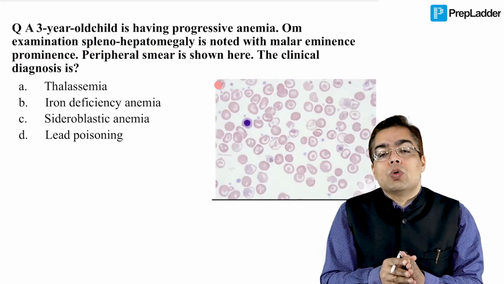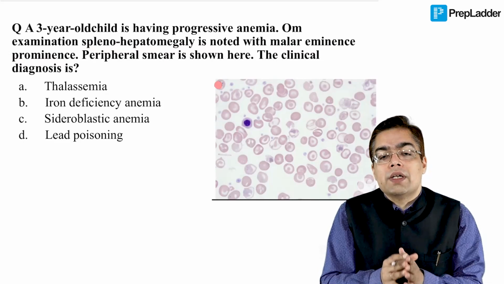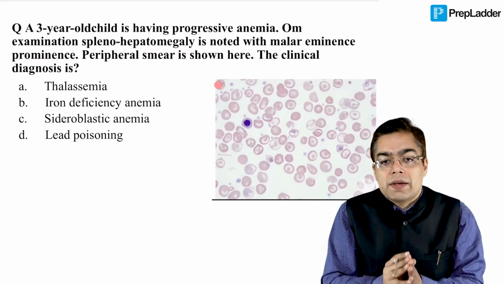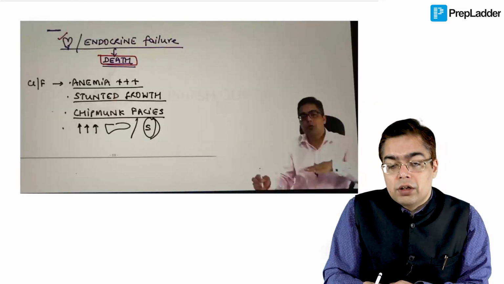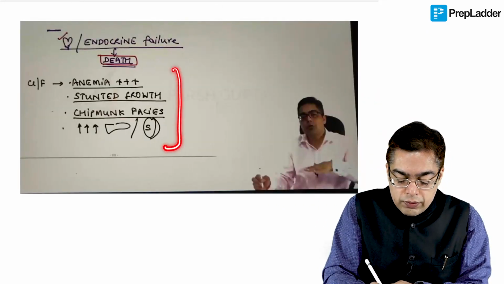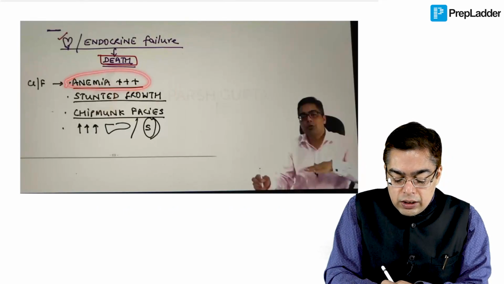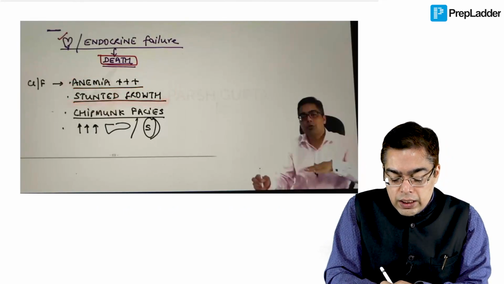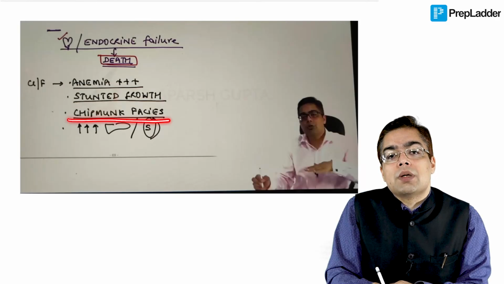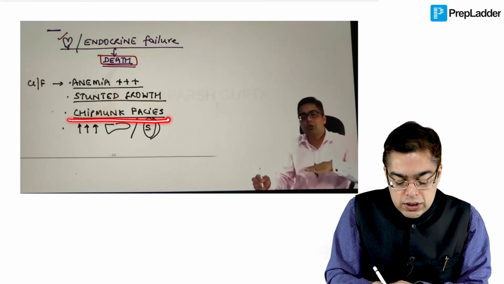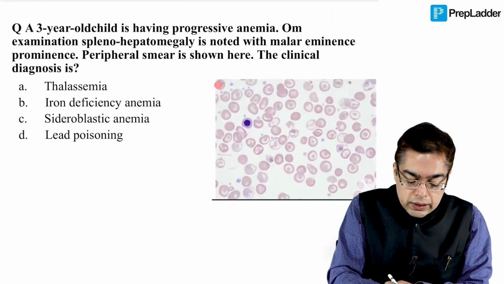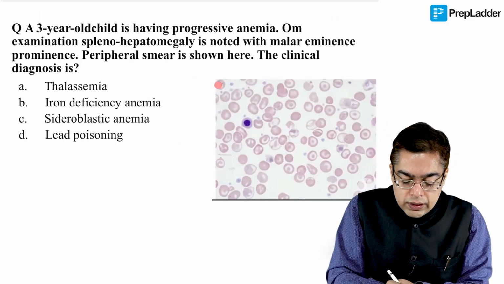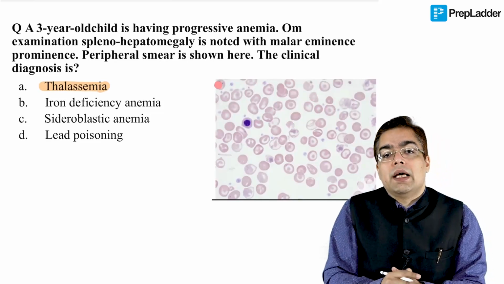This is almost a direct rip-off of the question that we did discuss with you in our live session. And we talked about the clinical manifestations with this kind of disease, which I talked about in the main app section as well: progressively increasing, severe anemia, stunted growth in a child, and malar eminence giving rise to what is called chimpanzee-like facies. You're going to be having the presence of splenohepatomegaly, and this is what is going to make things very, very easy for you to be familiar with in the exam. That is a case of something like thalassemia.